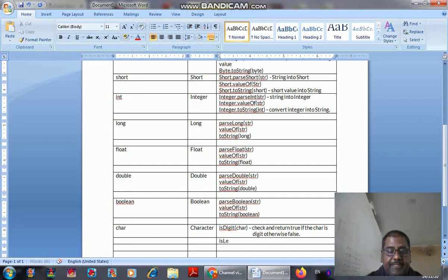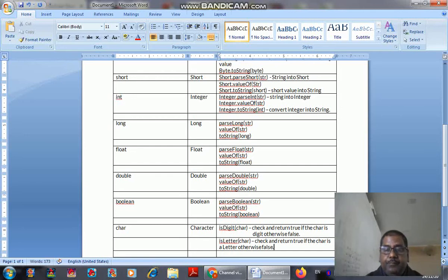Similarly, we have a function isLetter. It will check the char value and return true if the char is a letter, otherwise false. Simple.